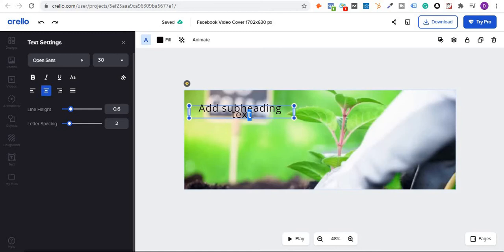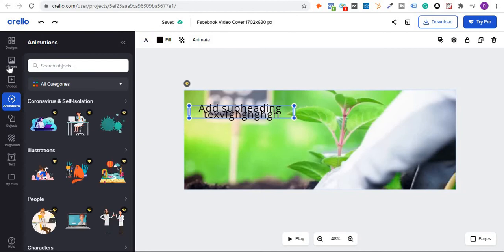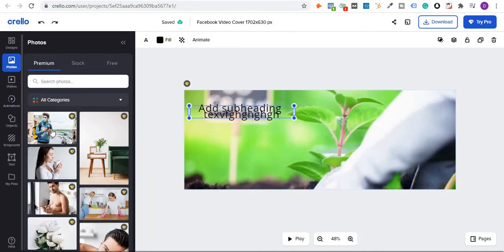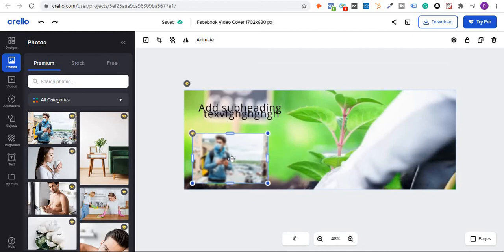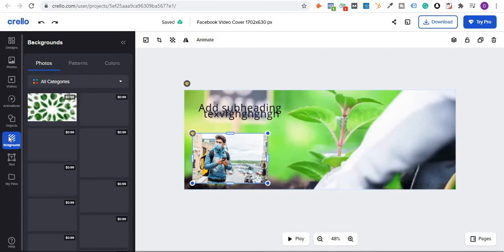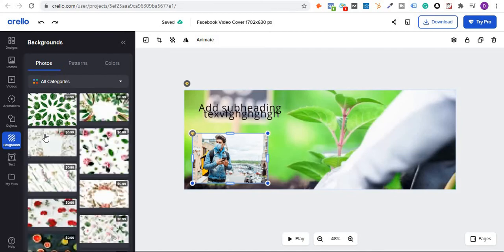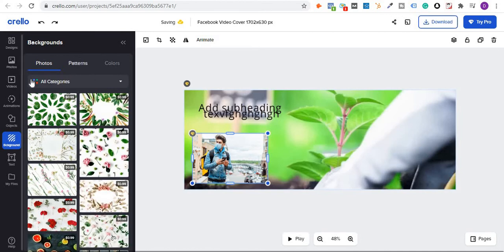You have an image which you want to resize, you just drag and drop it over there, and you can write whatever you want. Same deal with photos. For example, you want this, you would add this over here, so you can again play around with this. You want to change the background, it's really beautiful. And if you go with the pro version, you get more options over here, especially in the